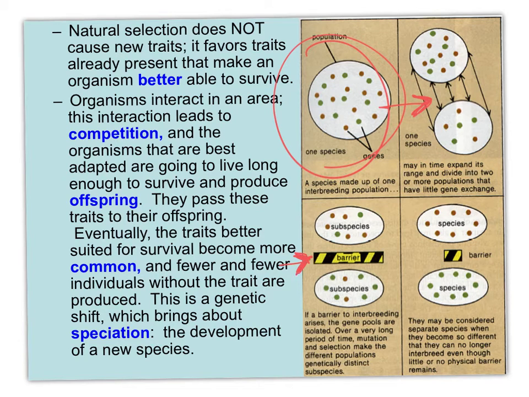Maybe a river came up, maybe a road was put up, or a city was even put up, and it divides a population. Over time, you're going to have mutations occur, and natural selection is going to keep occurring. Eventually, maybe in this set, all the green are phased out, and in this set, all the brown are phased out. If you took away that physical barrier, they would not be able to interbreed anymore because they become so different over time. This takes a long period of time to occur. Anyway, this is one method of speciation, how they could become a new species.